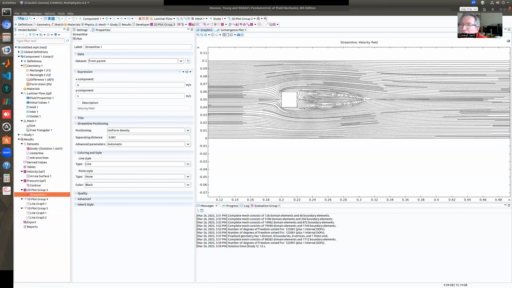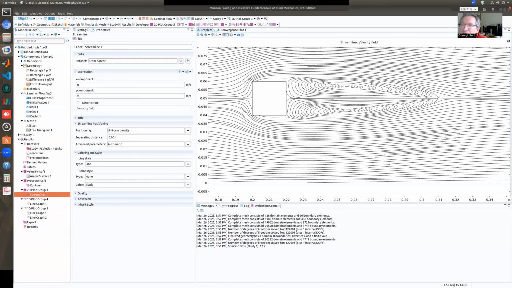So this is a nice plot, but it's too much, right? I wanted to see these extra streamlines. For that, I changed some settings here and put a very small number here. And then it really had a hard time to give me this plot. But yeah, we have a long wake region.